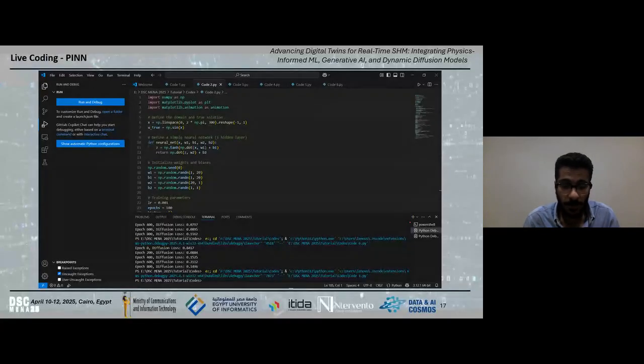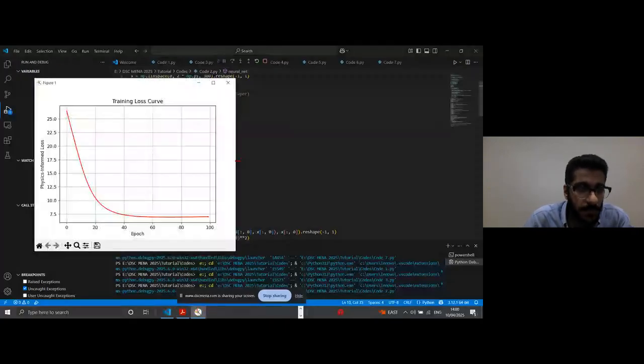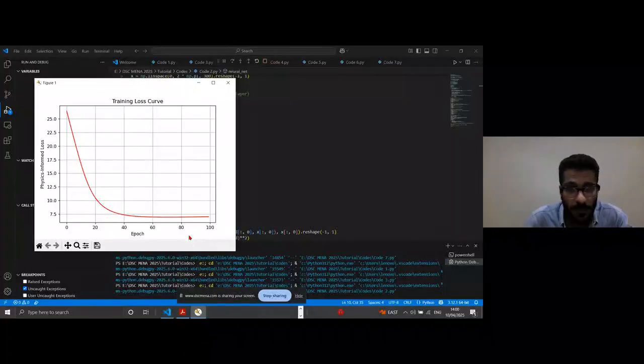Okay, so now let's move to how we use the physics-informed neural network, how it's done in a simple way. Let me share my screen again. Let's run this code, which is based on the physics-informed approach.